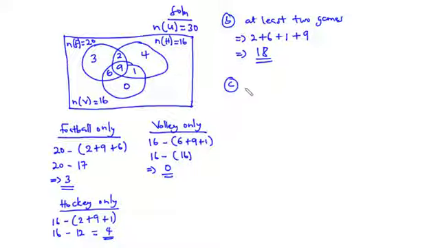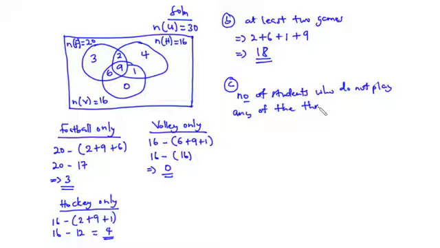Now for C, what is the probability that a student chosen at random from the class does not play any of the 3 games? So first of all, let's find the number of students who do not play any of the 3 games. So to find that number, we are going to add up all the numbers in the circles, and then we subtract from the universal set. So the number of students who do not play any of the 3 games is equal to